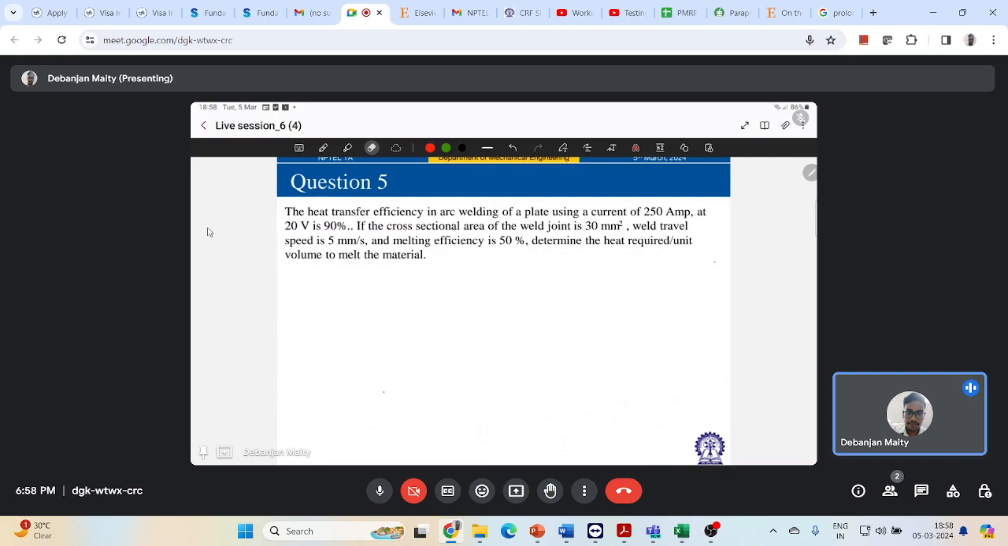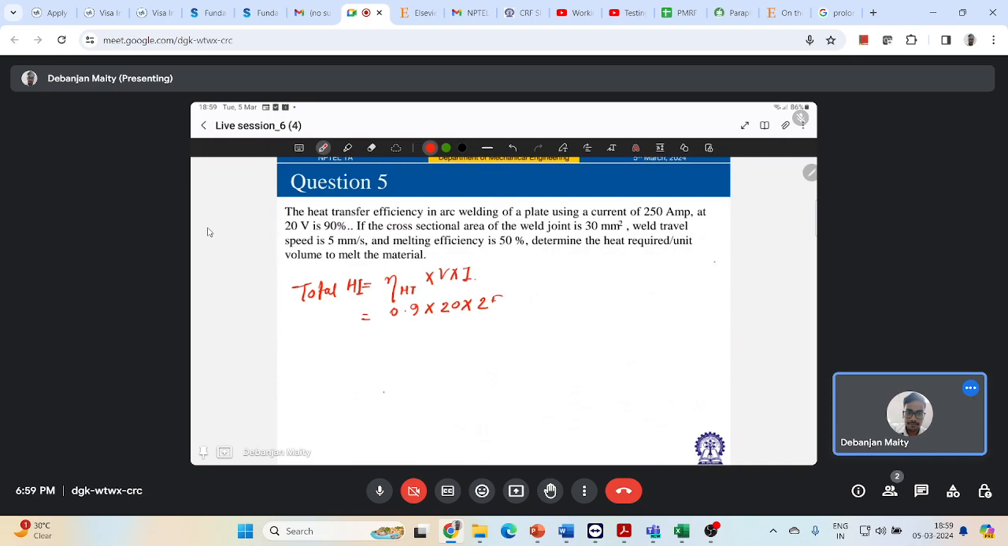The concept is similar. I have asked the heat transfer efficiency in arc welding of a plate. I have provided the current, the voltage, and the heat transfer efficiency is also provided. So you can find out the total heat input, right? So total heat input will be heat transfer efficiency into V into I. That will be 0.9 into